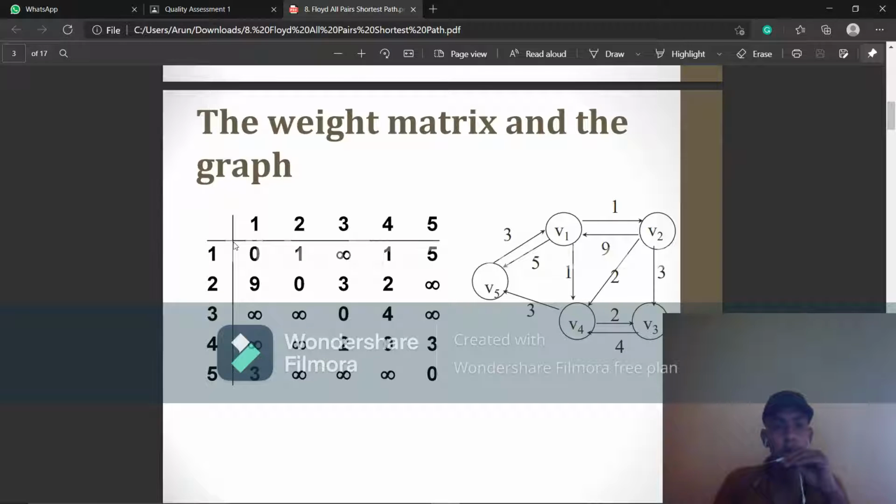For the respective vertices, 1 1, 2 2, 3 3, 4 4, 5 5, they have set the value as 0, so there is no weight.